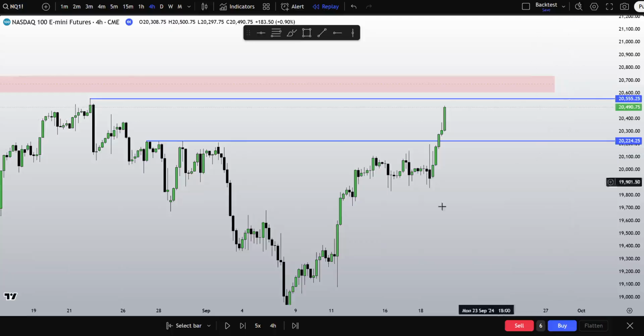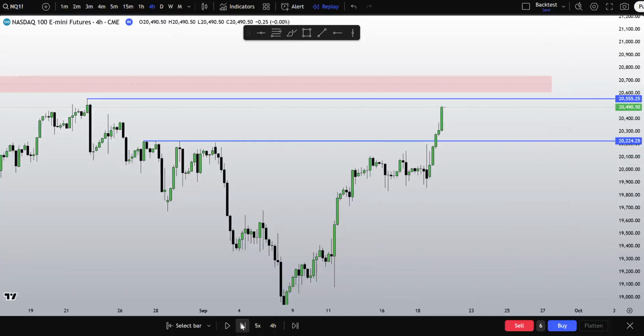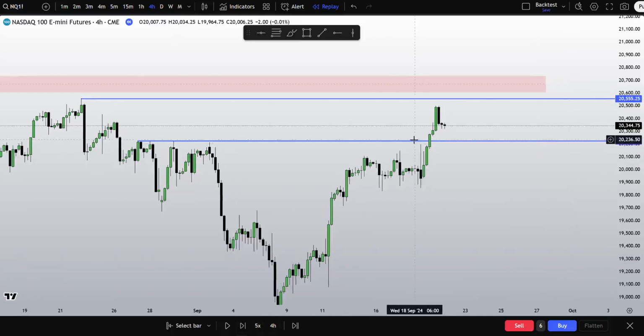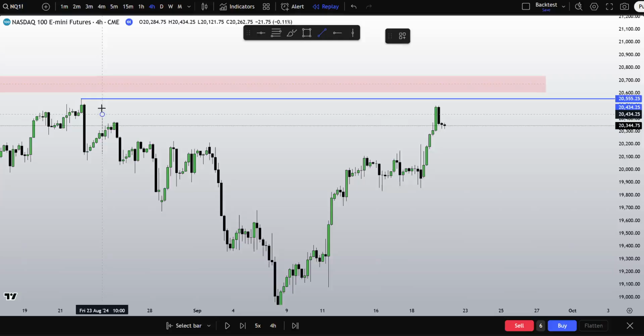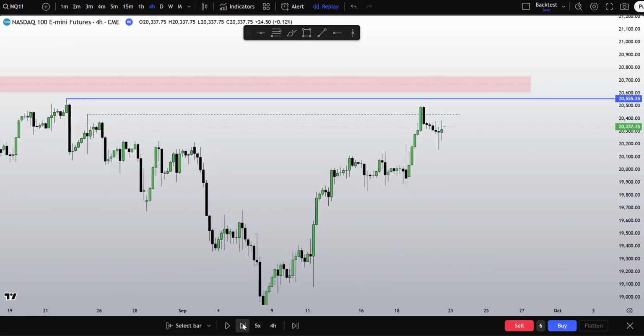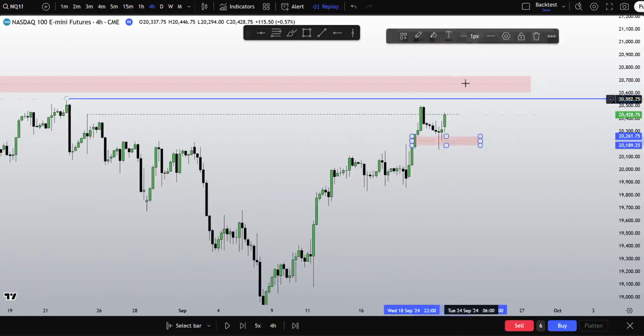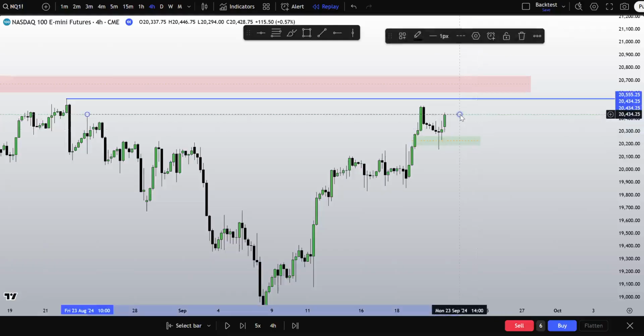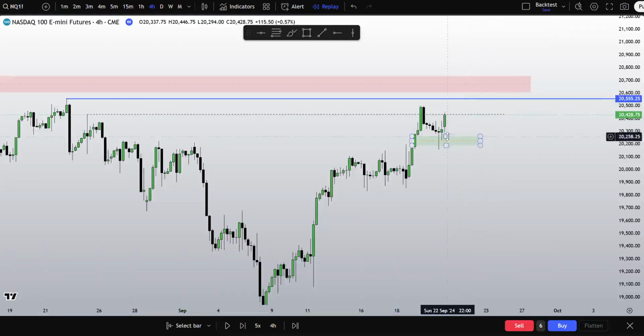It seems like 20,555 will be the safe draw as well. Keep in mind we took a high right here. But I would like to see 20,555. If we come down, disrespect this PD array, then my eyes would come back to these relative equal lows. Maintain respect for this PD array. As you can see, wicked out of it. Wicks do the damage. Body tells the story. Body is telling us that we are respecting it right now.